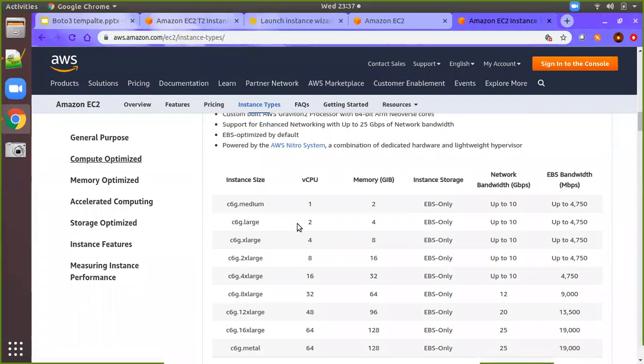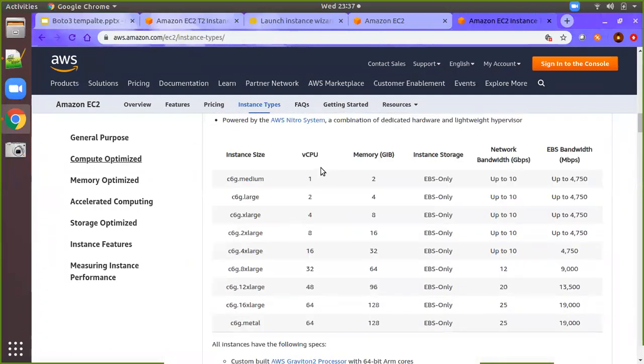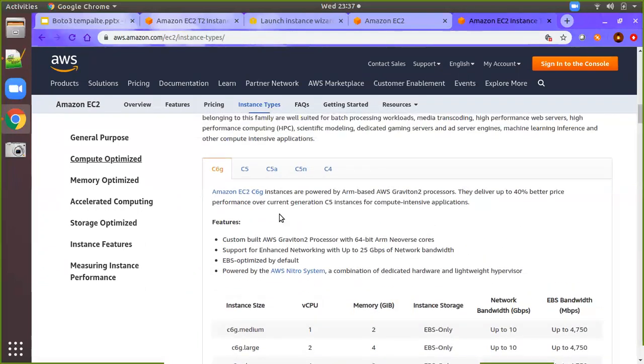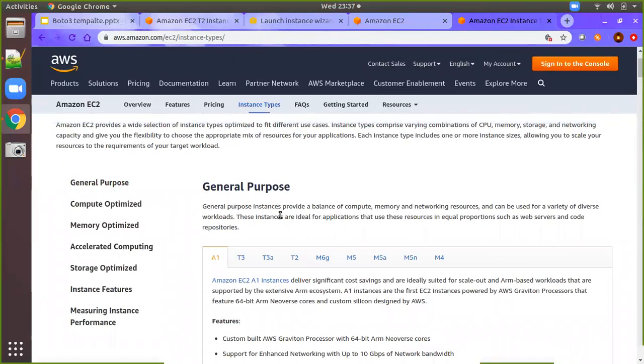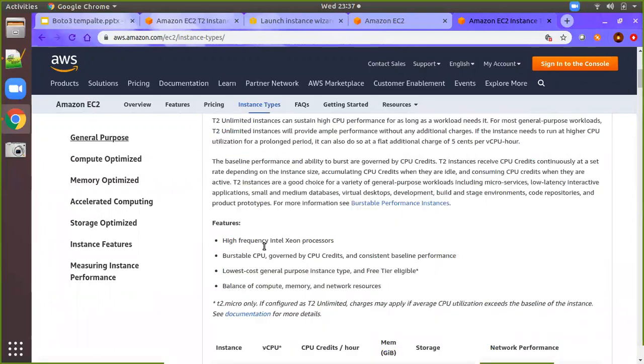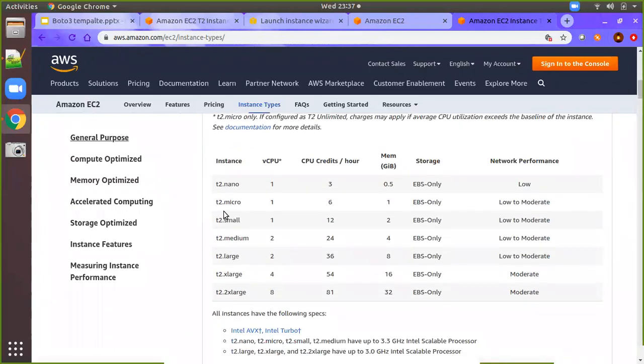Here you can see what the different things available are, and what the configuration will be. For example, what is the CPU, what is the memory, what is the instance storage, those things. We have not seen much on the instance storage and the network bandwidth, but you can see the other things such as the CPU and the memory size. Okay, so these are the different options available. If you say, let's say, t2, you can click here, and t2.micro, right? So for t2.micro, you can see the CPU, the CPU credits, the memory, and the storage. Those kinds of things will be available.